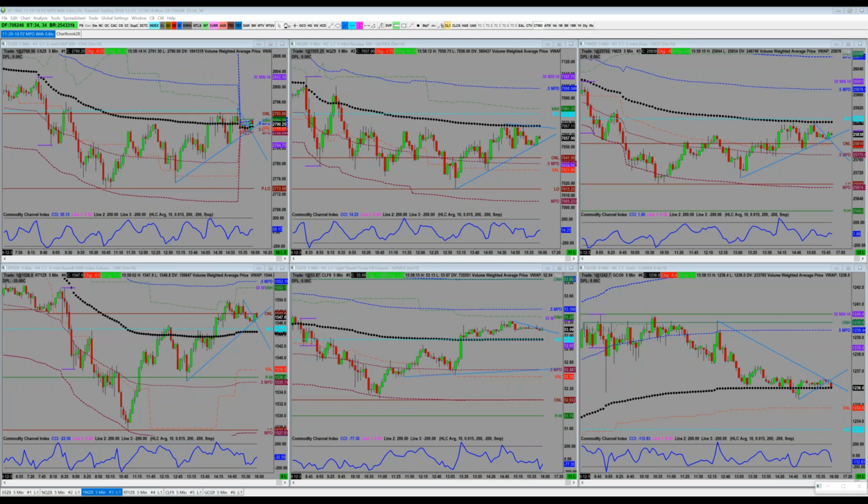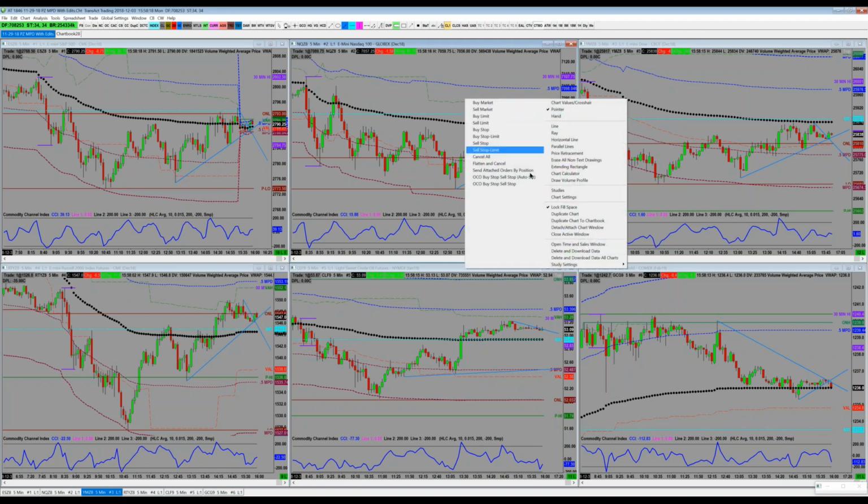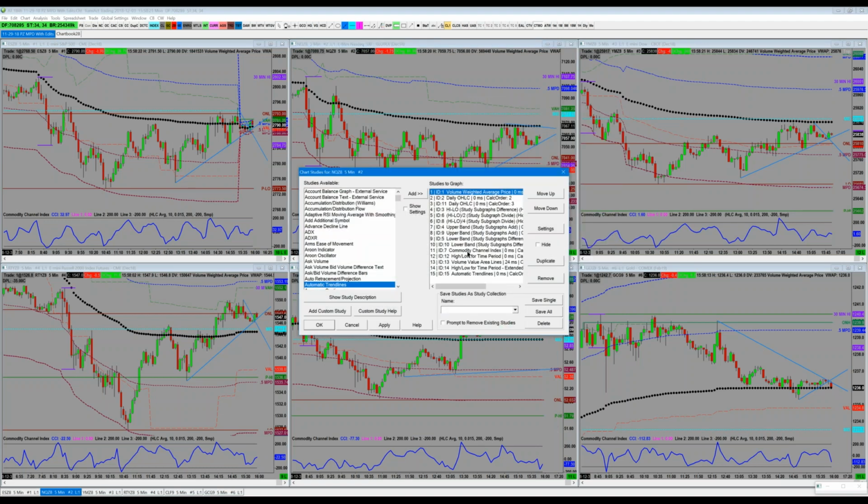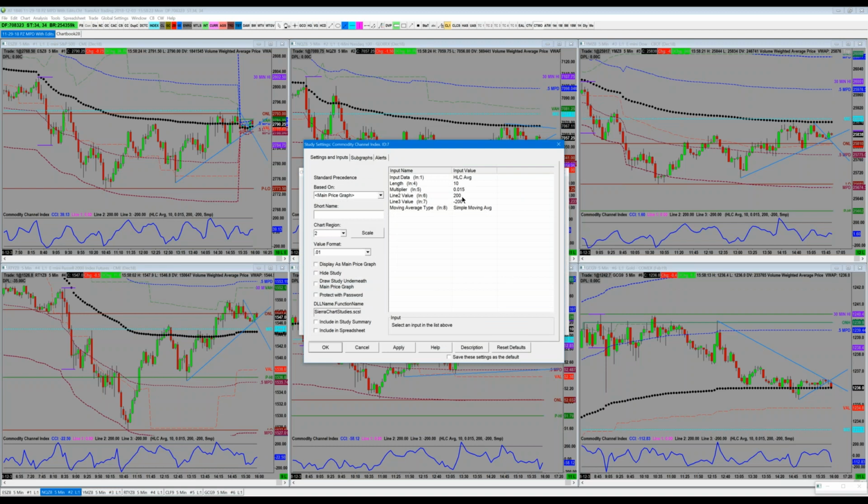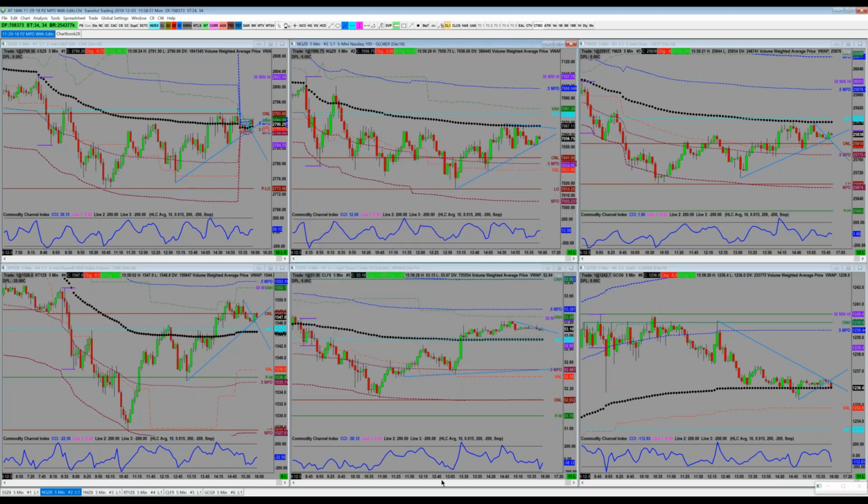Do I use any specific settings with the CCI? No, not particularly, Lori, except for the fact that we use a 200 for the line value. So the 200 and the negative 200 are basically to illustrate an extreme move. What I'm basically seeing is a recovery only if I'm looking at the market breaching below that 200 level or getting really close to it first, because the 200 level is not usually maintained for very long at a time. It usually punches through it and then comes right back.